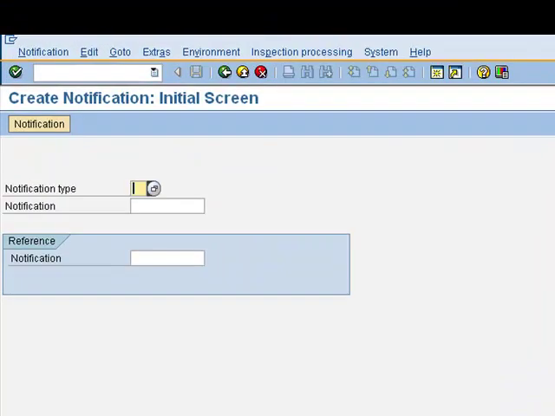Now I'm going to give an example of how these notifications can be used to control such a process. In the case of our particular system, we have customized a notification type as a customer complaint. So we just need to identify that type, which is YC, and then create the